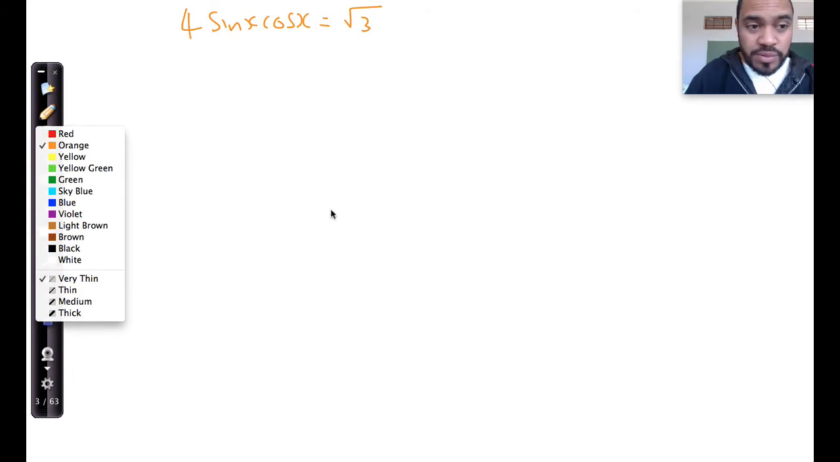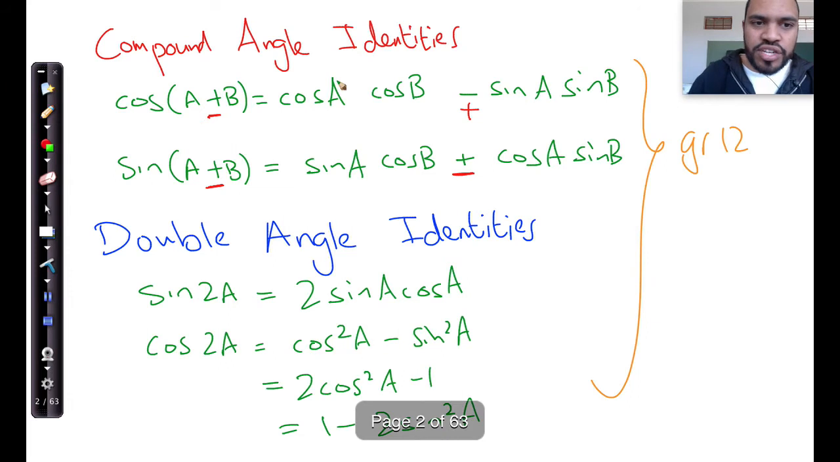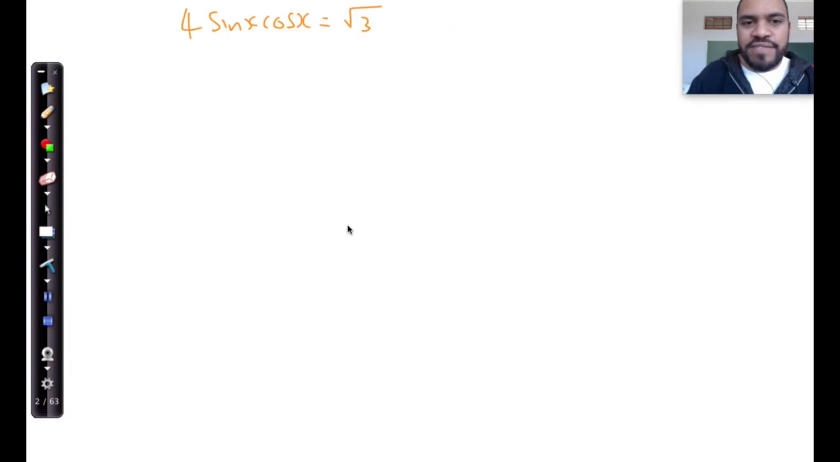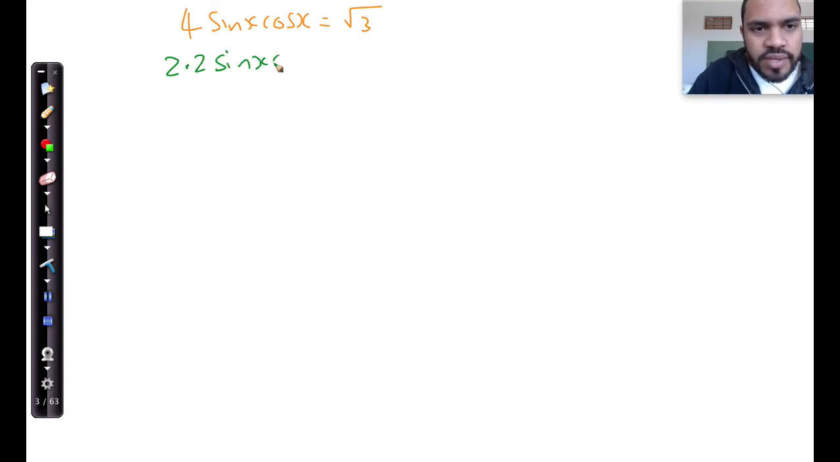Well, this looks a little bit more of a challenge, and we're going to try and make this look familiar. How we do that is by using the double angle identities. If you go back to your summary sheet, you can see that sine A multiplied by cos A looks like a double angle identity for sine. Now, there's a way we could do this. We could say 4 over here is equal to 2 multiplied by 2 sine x cos x,